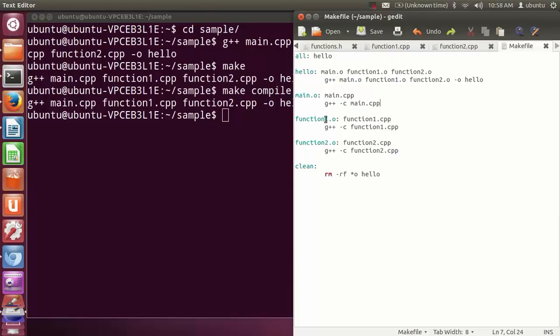In the same way I have created the objects of function1 and function2, which have their dependencies: function2 has the dependency function2.cpp, and function1 has function1.cpp. And the clean command I have given is to remove all the object files and the executable file. So when I execute make clean, it should remove all these object files and the executable file